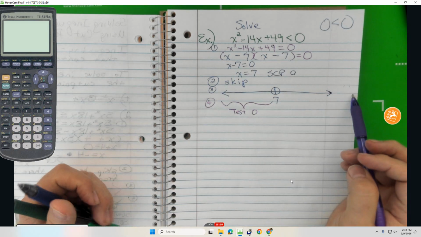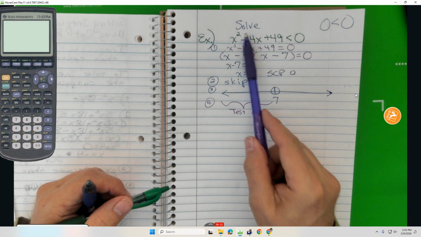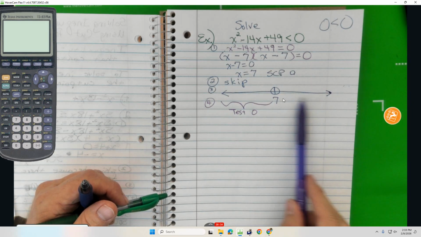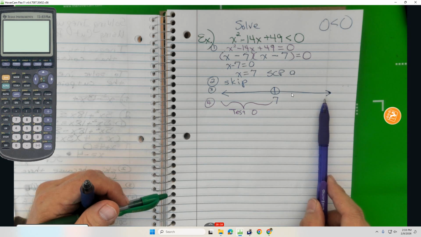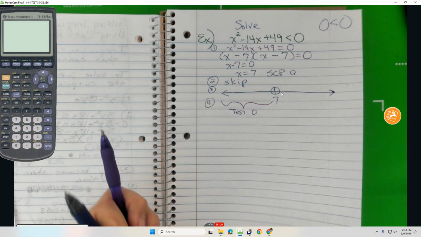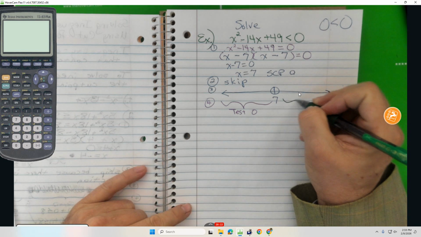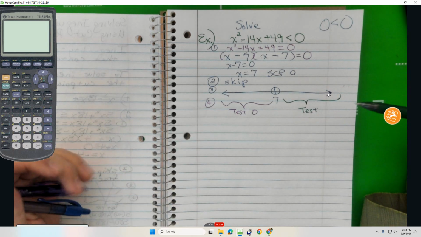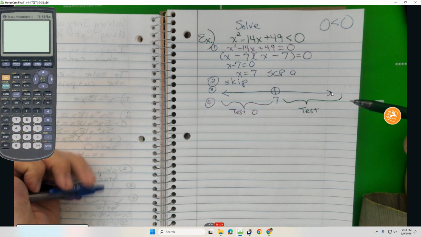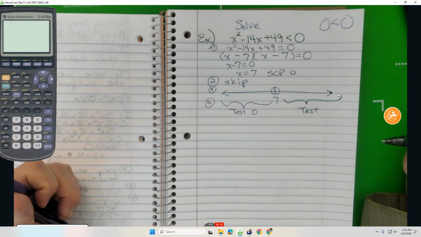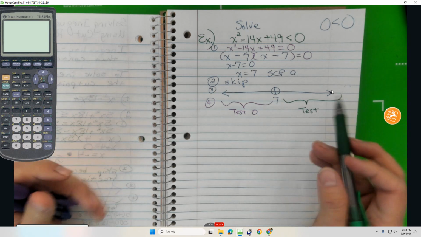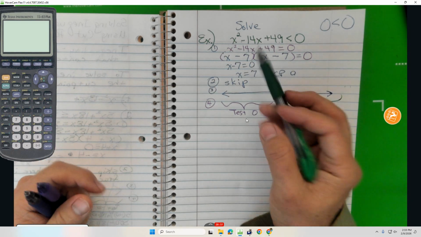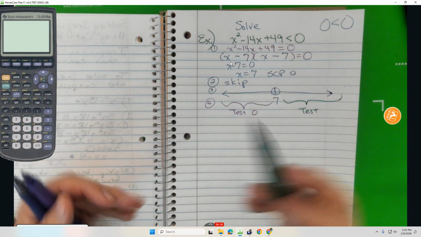Now, to the right of 7, we're going to have to square. You know what's easy to square is 10. Is 10 in this interval here? Yes, so I'm going to test 10. 8, 9, 10, 11, 12, all the way out to infinity. You could test 50 billion if you wanted to. Do you remember that workshop? I remember that workshop. So, plugging in 0, we're going to get a 0 squared, which is 0,